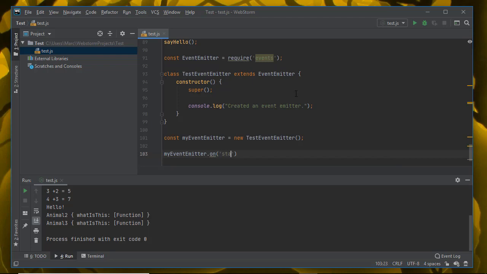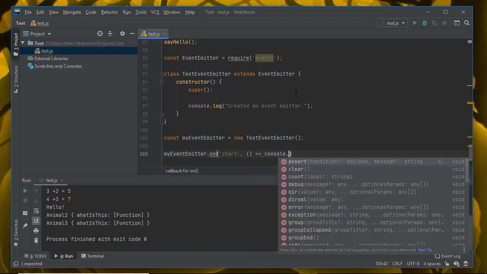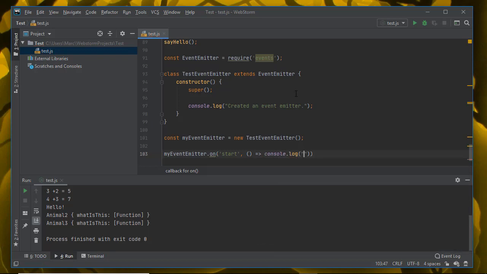So start, it's going to console.log a message. So that's my event handler. This thing here is an arrow function that prints got start message as a callback